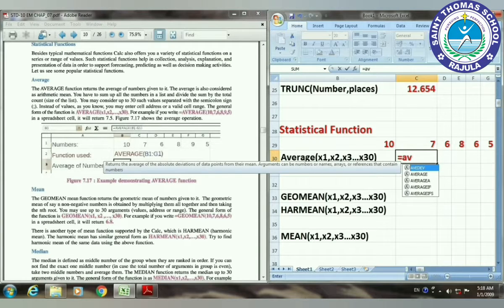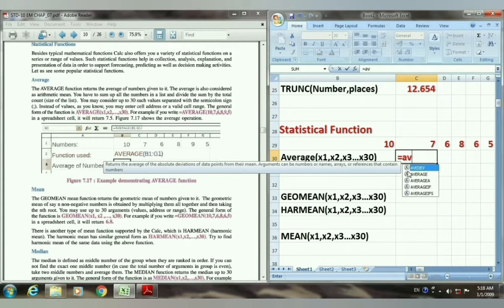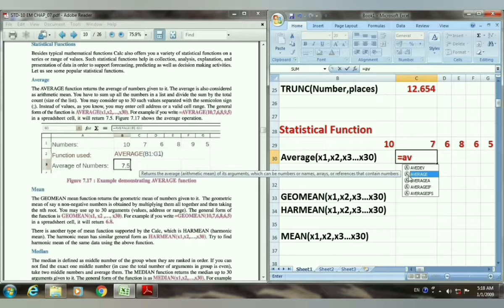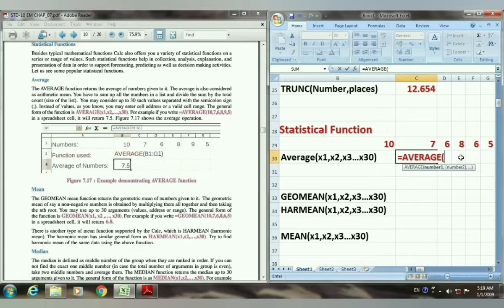Just double click on it, same as we did before. Now as an argument we will provide this series of cells. We just have to select it and the address will come automatically. Now just press enter. So this is the value of this average function. Here you can see the value, and on the formula bar you can see the function.